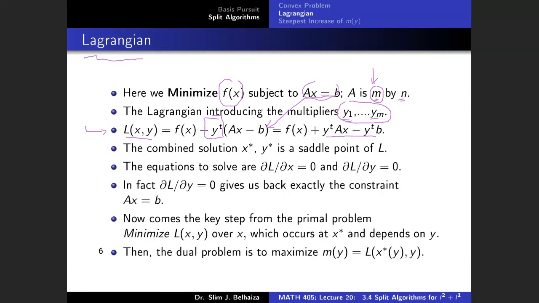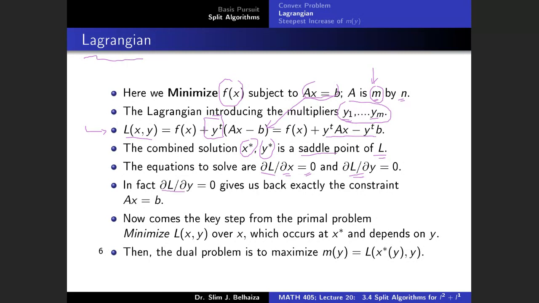Basically, it's kind of adding penalties to the objective. Now, the combined solution, which you may call x star, y star, is a saddle point of L. Well, there is a set of equations to solve. First of all, if you differentiate the Lagrangian L with respect to the x's, you need to find a zero. Also, if you differentiate L with respect to the y's, you need to find a zero. So the split algorithm now works iteratively on taking the solution to the dL over dy